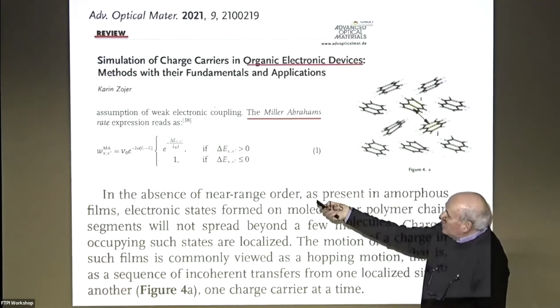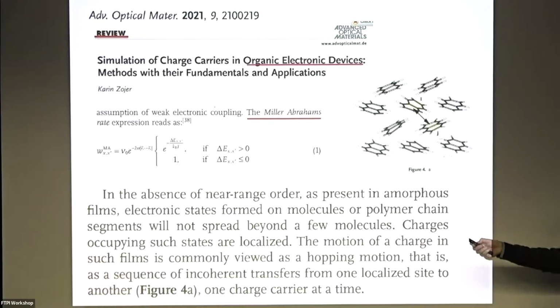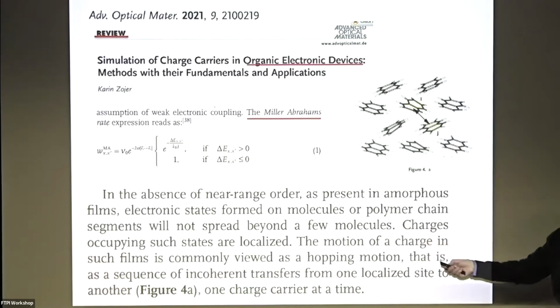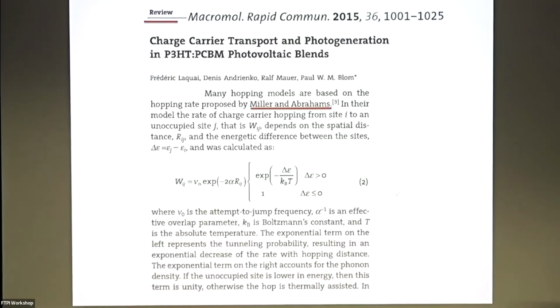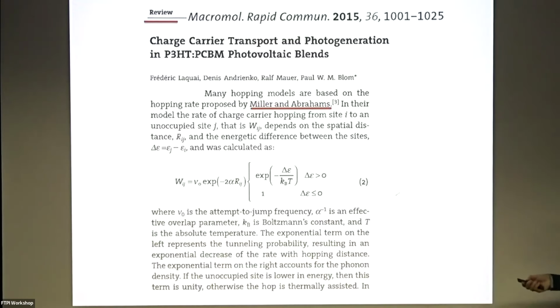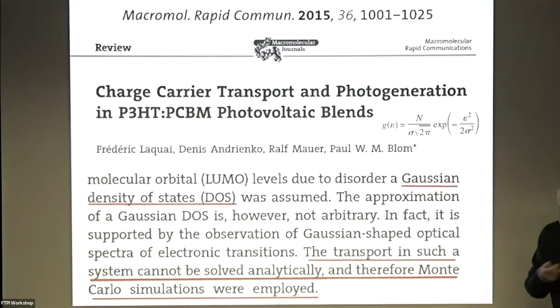Why do I bring this knowledge here? Because if you open review papers about charge transport in organic semiconductors, most of them say that transport is by hopping with Miller-Abrahams transition rates, so we have something to do. This is one review, this is another review, again Miller-Abrahams, and so on. We can say, okay, just open the book and go ahead. But that's not what is done. Actually, the book is not known in this community.